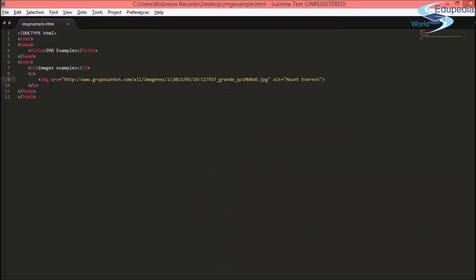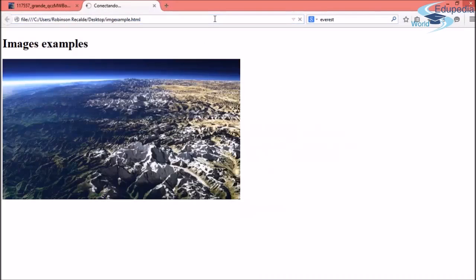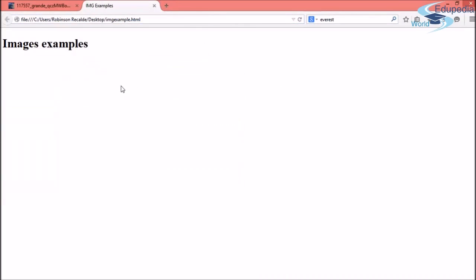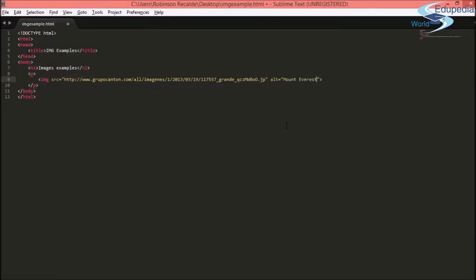But what would happen if I do not put any text here in the alt attribute? Let's just delete this, and we'll put an error here. I will save, and there you have it. There is no image because it's a broken link. But if I have this,